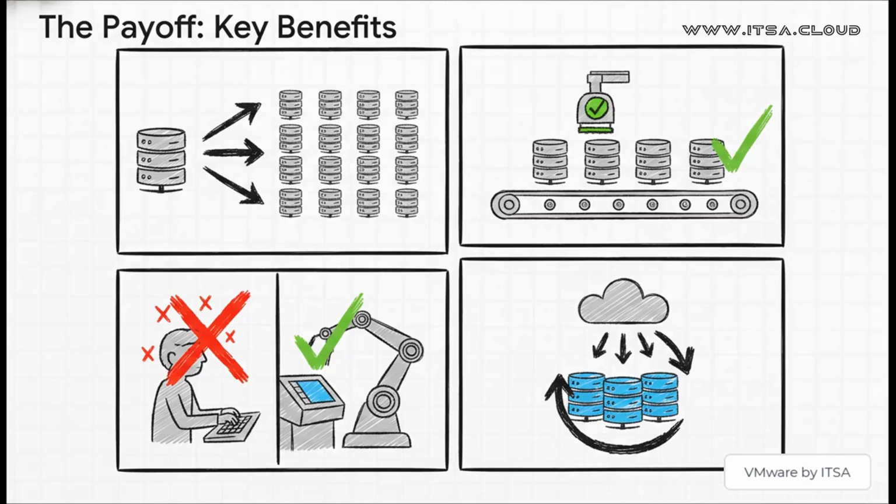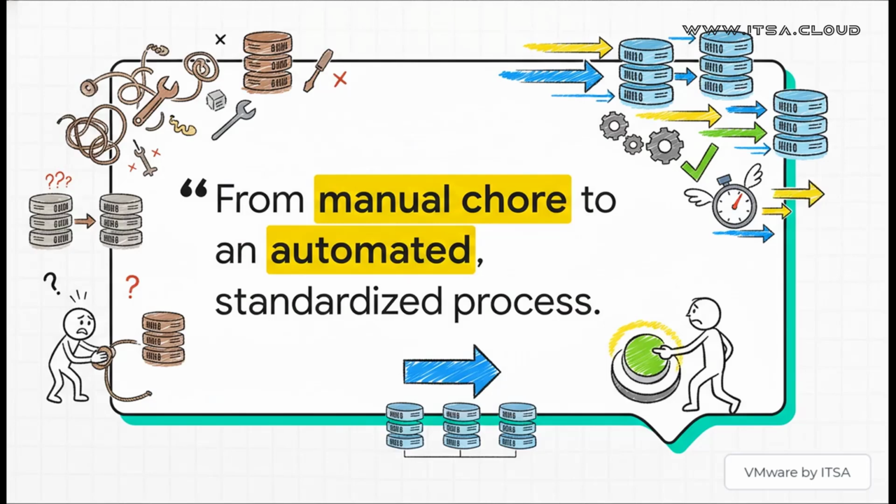And that kind of scale brings some incredible benefits. You get this ironclad standardization, which means every host is a perfect clone of every other host. That alone eliminates those weird, hard-to-diagnose problems. And by taking human hands out of the equation, you drastically reduce errors. And updates? Oh man, updates become almost trivial. You just update the image profile, reboot the hosts, and your entire fleet is running the new version. It's that simple.